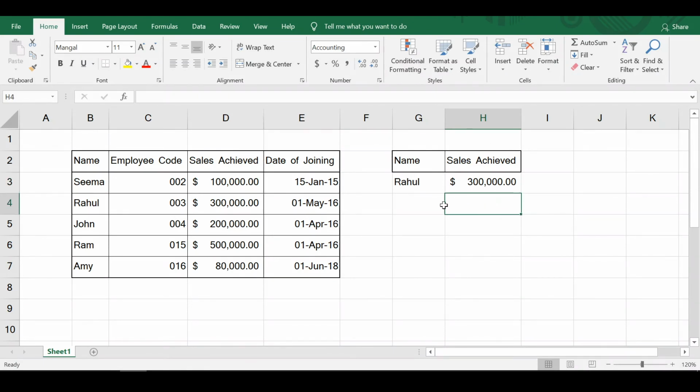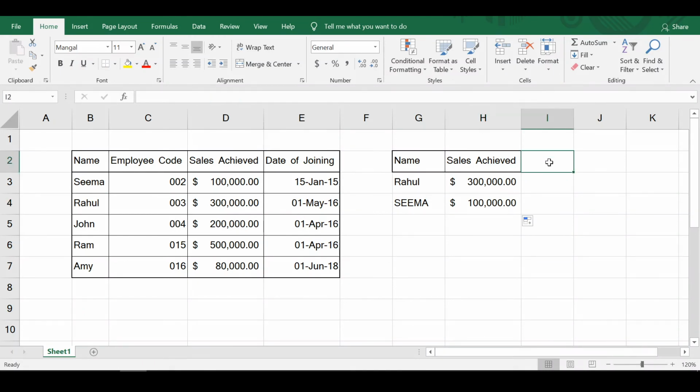So you may think that typing this formula has taken a fairly long time. We could have manually searched for it, but that is not so. Because now, since the formula has been set, we can just copy and paste the formula in the below cells for any other employee that we want. How? Suppose we want to now search for the details of Seema. So we can type Seema over here, and then I'll simply drag this cell below, and it will search for the value of Seema itself. So this is the magic of VLOOKUP.